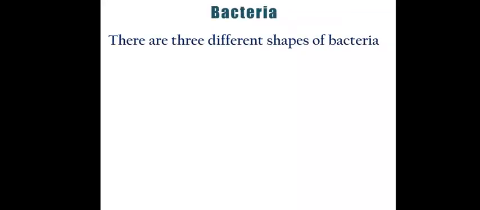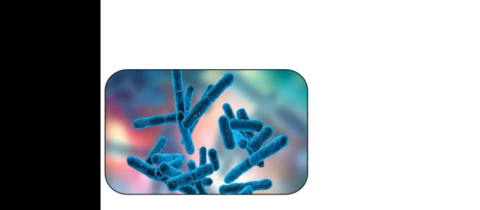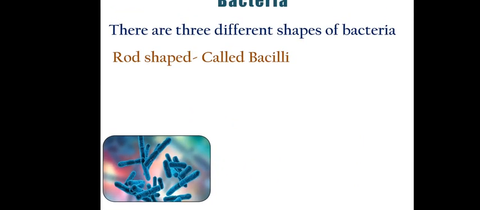Okay, now if we talk about the shape of the bacteria, generally bacteria have 3 different shapes. These are the 3 main shapes in which bacteria are normally found. This is the rod-shaped bacteria, that is called bacilli. Remember, these are names given to the bacteria depending upon their shape. If the bacteria shape is rod shape like this, you can easily see in this picture, it is rod-shaped. Generally these bacteria are nomenclated as bacilli. These are bacilli bacteria. Why? Because of their rod shape.